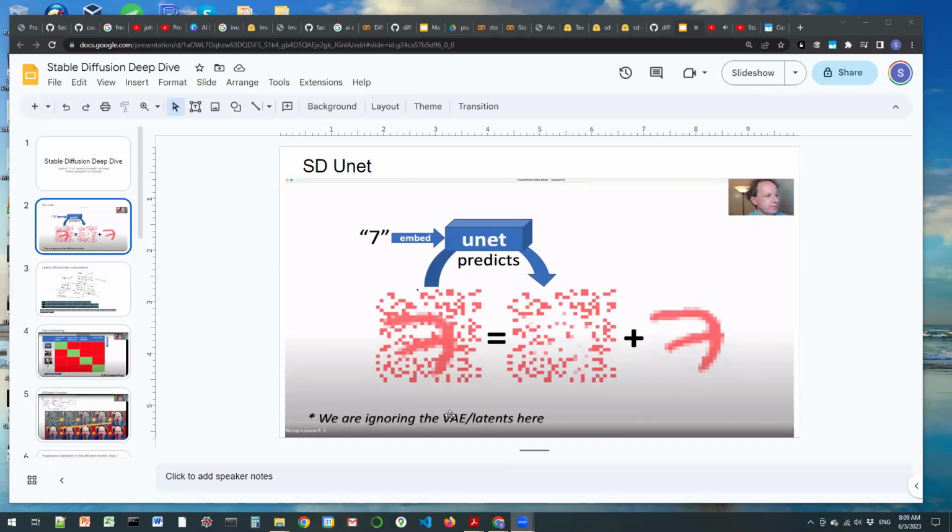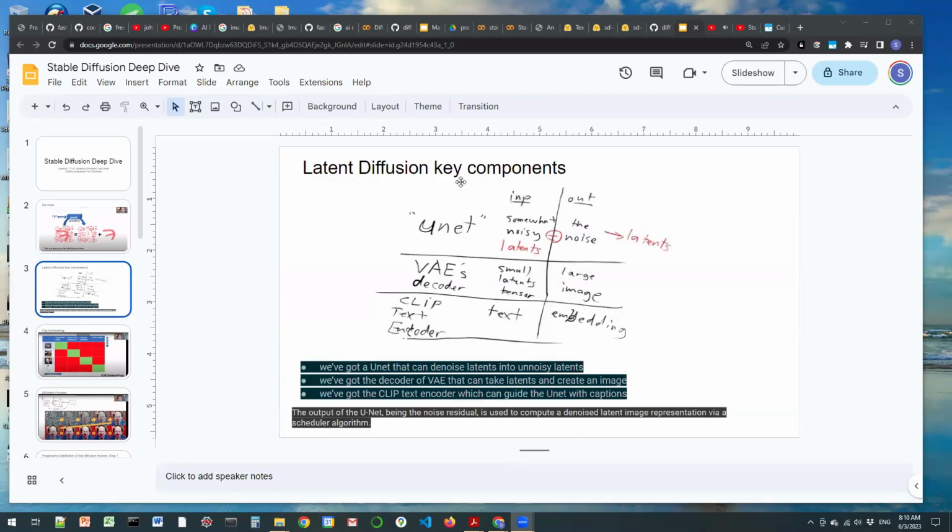In this explanation, we are ignoring the compression that happens and the latent space that we typically operate in, in order to reduce the computation needs. This is like explaining in 2 minutes what took 2 hours to explain last week. That's the reason to encourage people to go back and listen to that lecture. But the key components